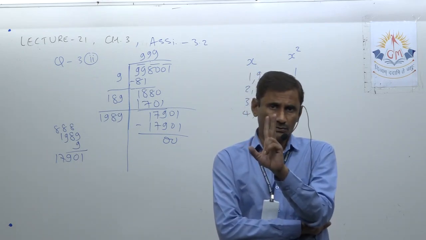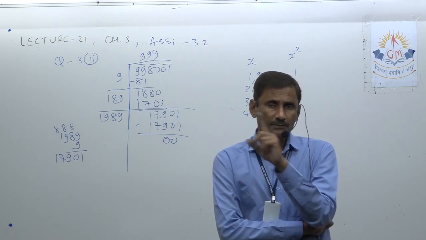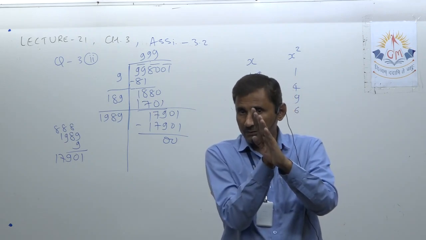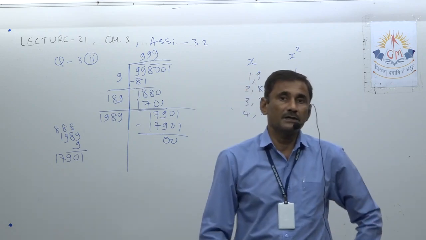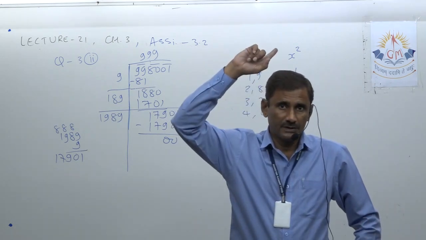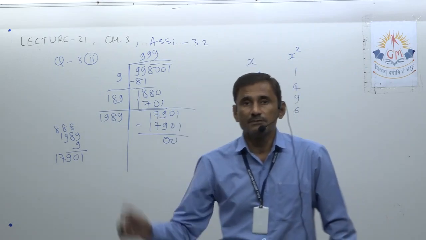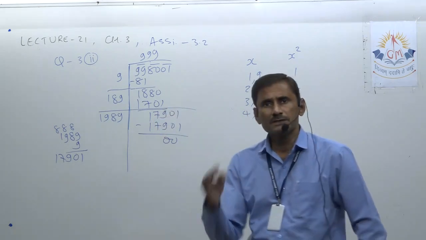We now have two methods of finding square root only: prime factorization method and long division. And earlier we had two methods, the diagonal method and the square method, that are different. They were for getting square, here for getting square root, and this is important. And this long division method is very, very important.